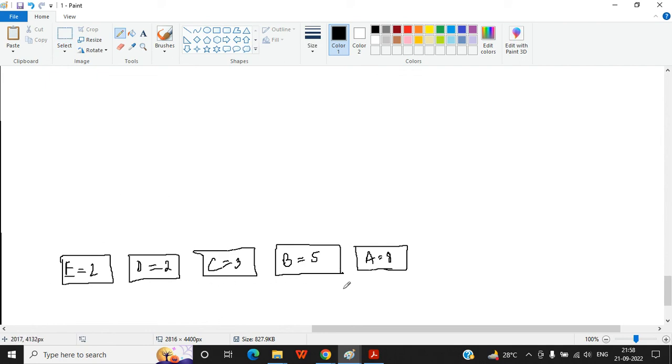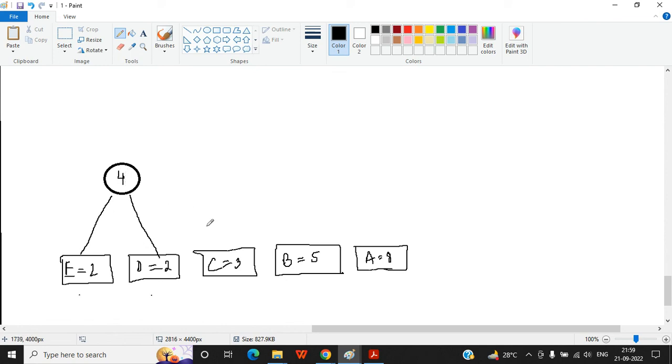So you have sorted all the nodes. Now you have to take the smallest nodes and club them. So what are the smallest nodes? Obviously the first two, E and D. Make a node and club these two nodes. What will you put inside it? You will put the summation of the frequencies, that is 4.